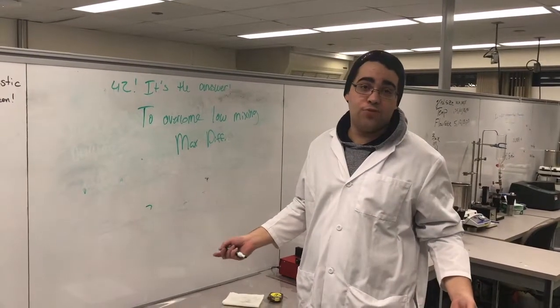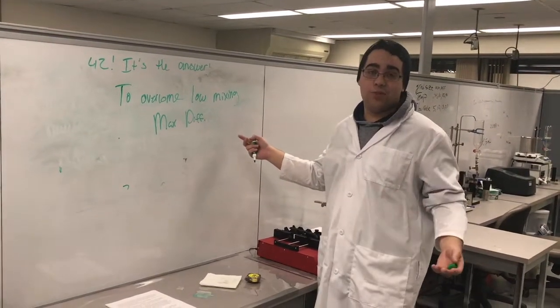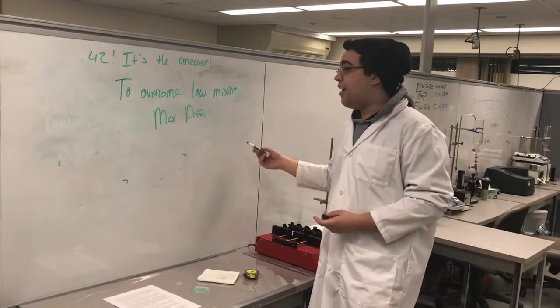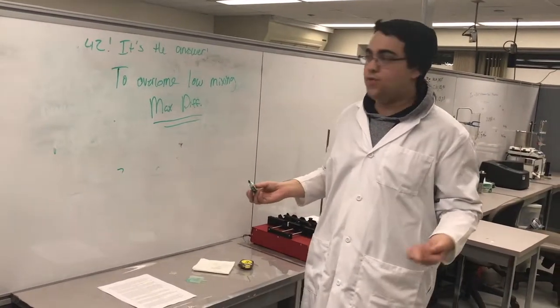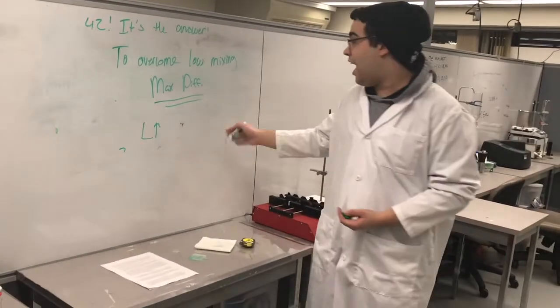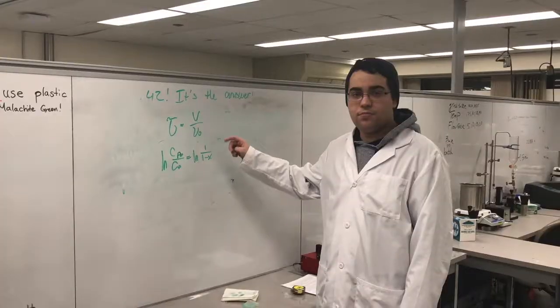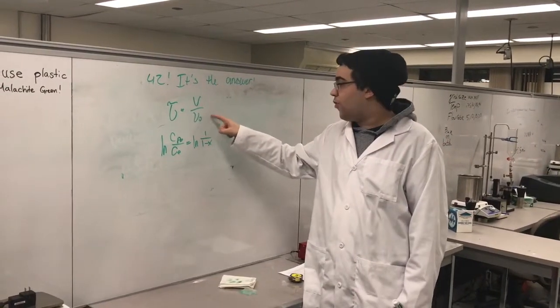In order to overcome these flaws, we need to overcome the low mixing that is characteristic in these reactors. In order to do that, we need to maximize the diffusion. 2 simple ways of doing this are increasing the length or adding baffles. The final 2 equations, the residence time equation equal to volume over volumetric flow rate, and the